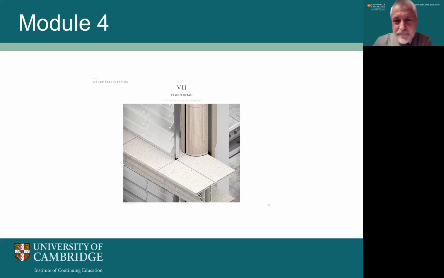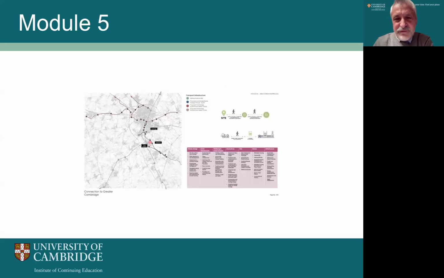Now we've got a few slides from Module 5. Module 5 is taught by Proctor & Matthews. Over the course of the fortnight, what everybody generally does is they spend the first week researching the planning history, background, the landscape, the infrastructure, the connections, the bridleways in some cases, usually of one of the small towns outside Cambridge. We work together with members of the Greater Cambridge Planning Service so that we have access to the relevant